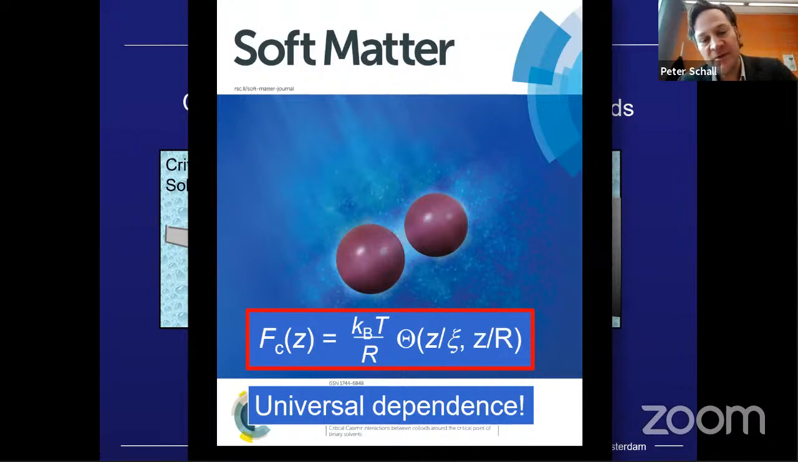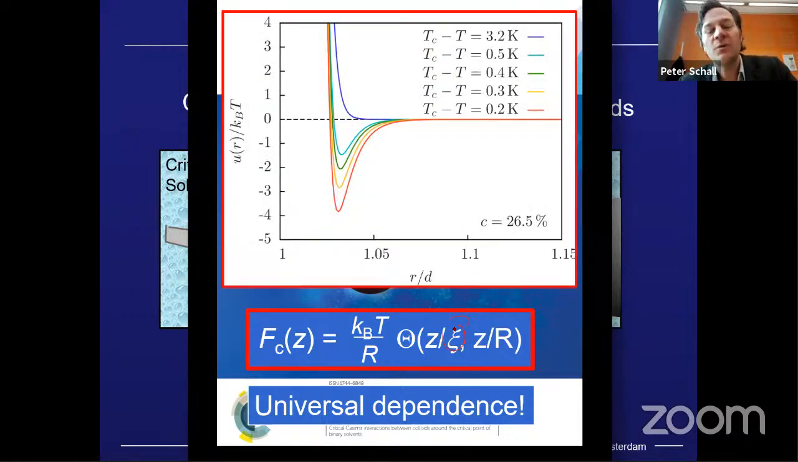You can describe them that way: the force as a function of distance, z, let's say, between two particles really depends just on a function that depends solely on the correlation length psi. R is the particle radius here. So this is nice. We have a universal dependence. And just to show you what the potentials may look like, here are some results of a combined modeling and experimental measurement. And you can see